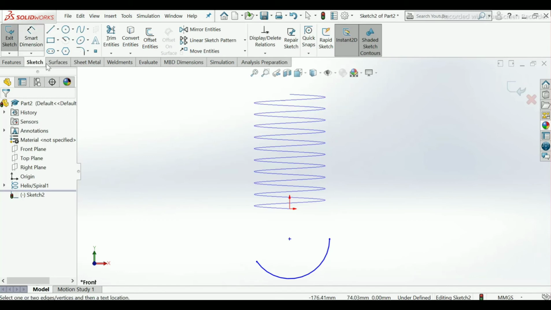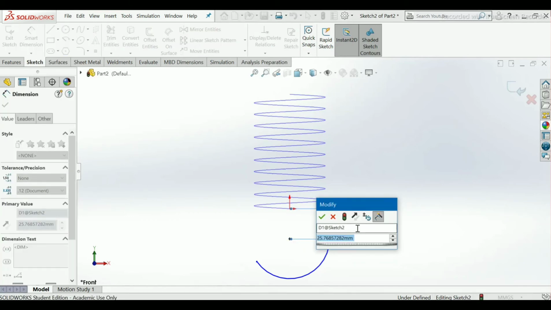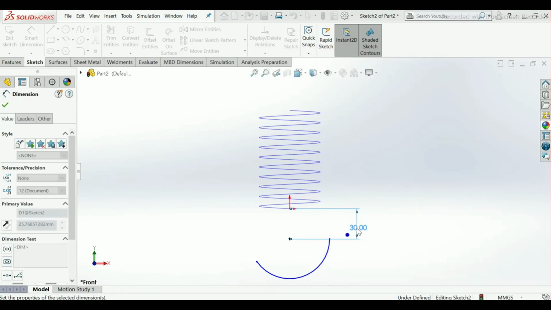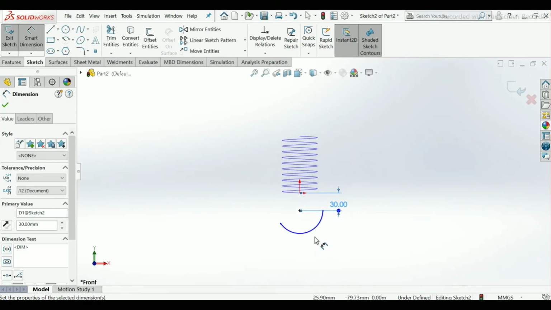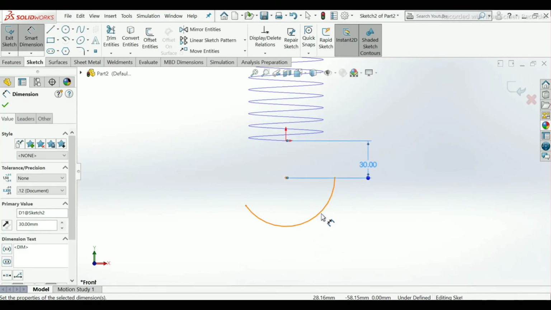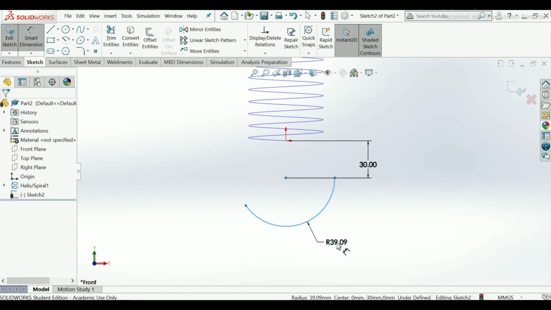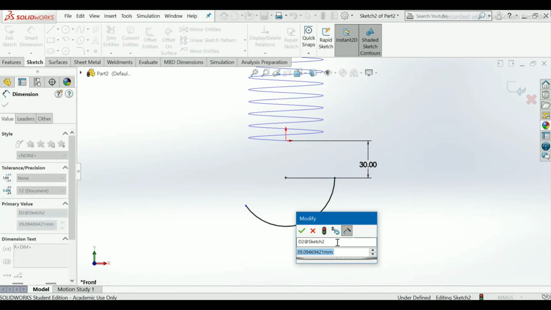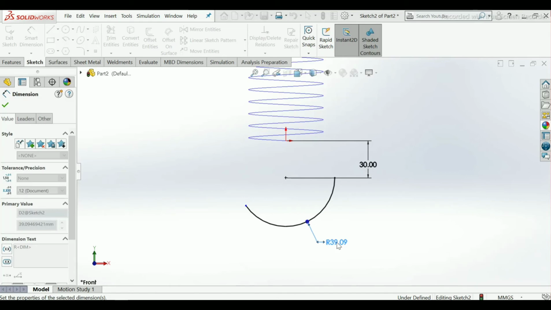Now go to smart dimension, select this point and this, distance will be 30 mm and radius take 30 mm.